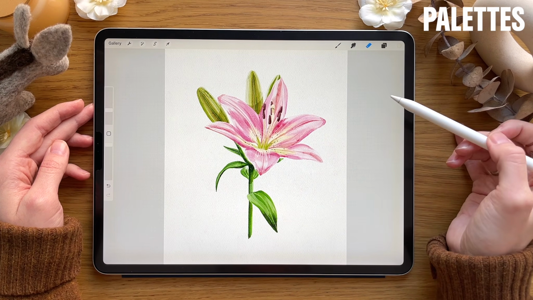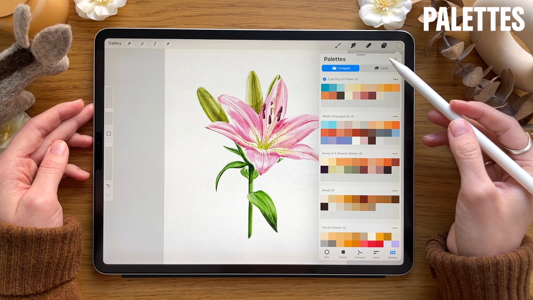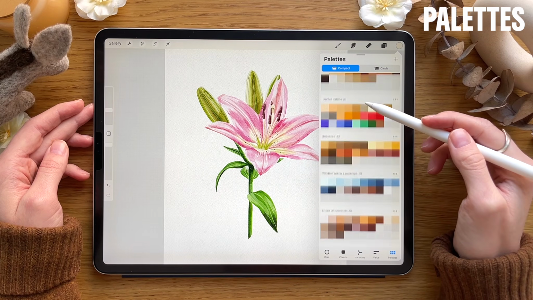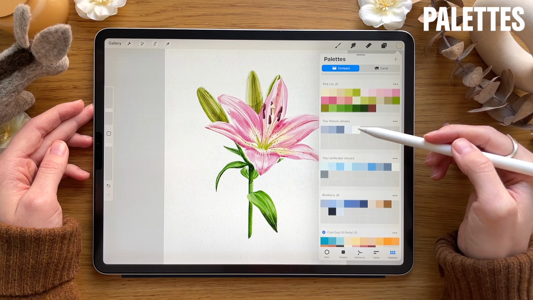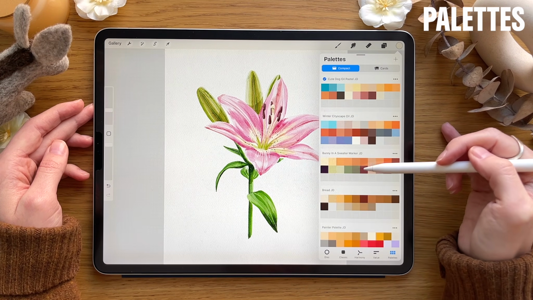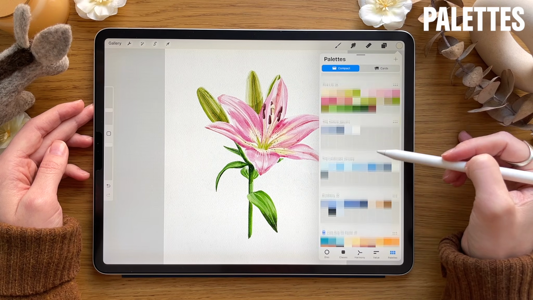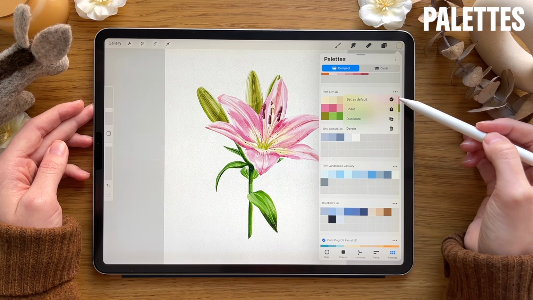Palettes in Procreate are essential tools for organizing and managing your colors. They allow you to save and access color combinations, ensuring consistency throughout your artwork. Whether you're creating a custom color scheme or using a pre-made palette, the ability to quickly switch between colors enhances your workflow. If you click on the 3 dots on the color palette, you can set it as default, share,